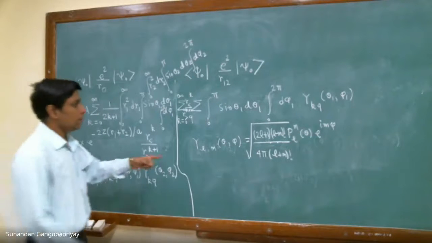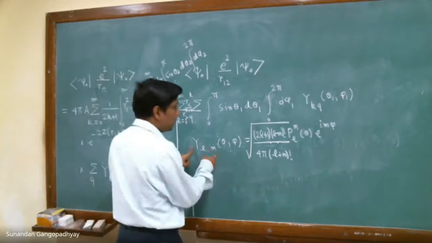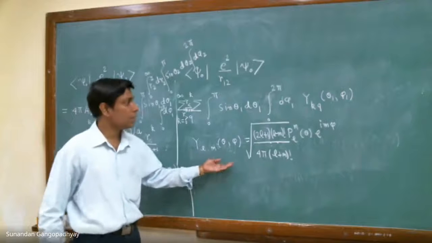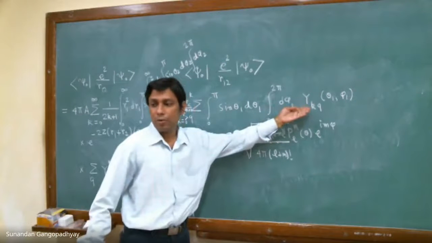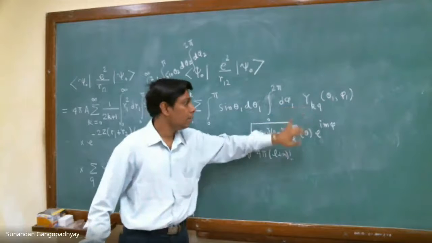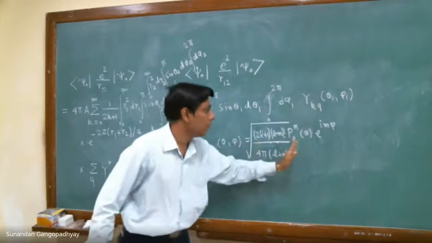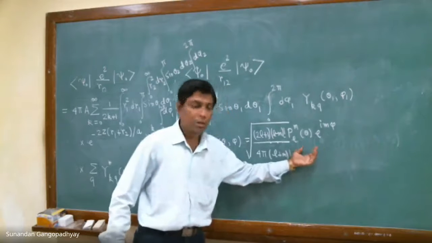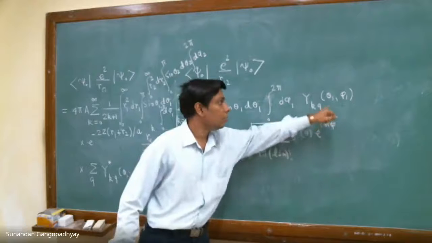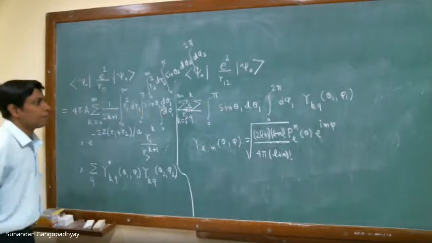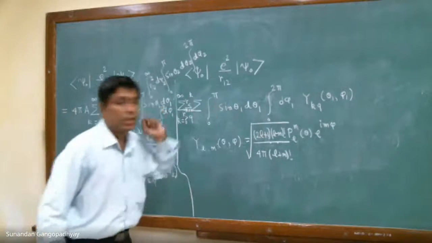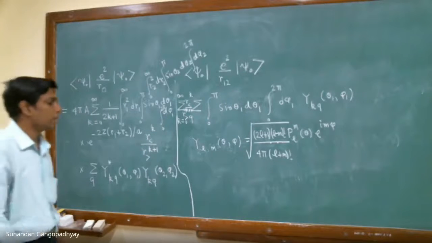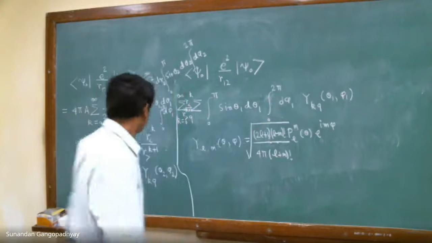So what we now need to do is just put this in this expression. Now you can see that the advantage of using this relation is that you can carry out the φ1 integral exactly, because this is now separated into a product of a term which is only dependent on θ and a term only dependent on φ. So you can carry out the φ integral over here, and you can carry out the θ integral. So these have been separated into two product integrals, and you can do it.